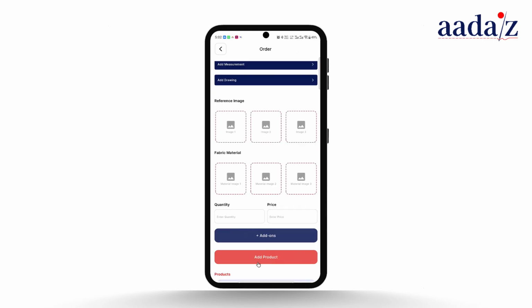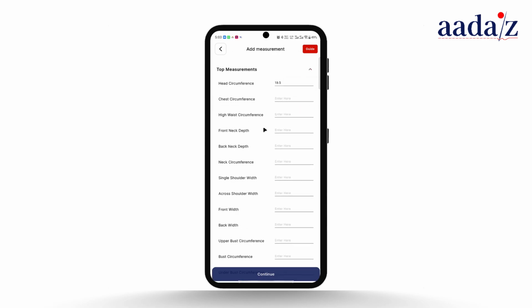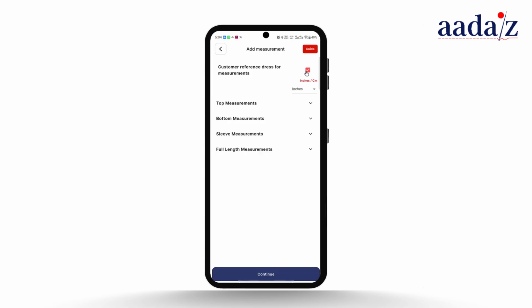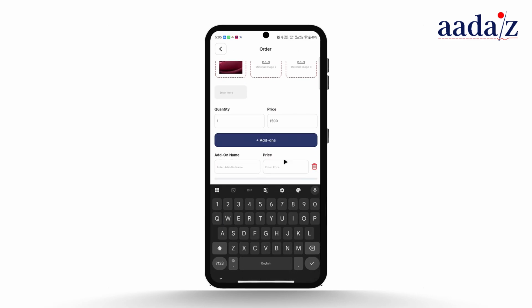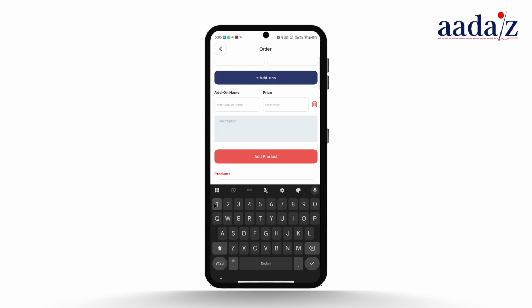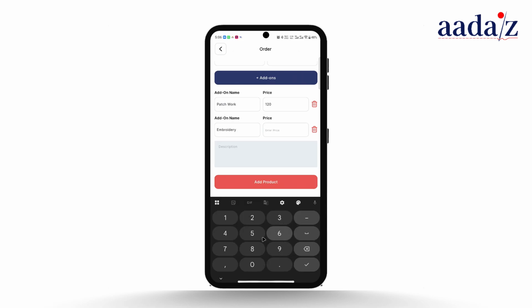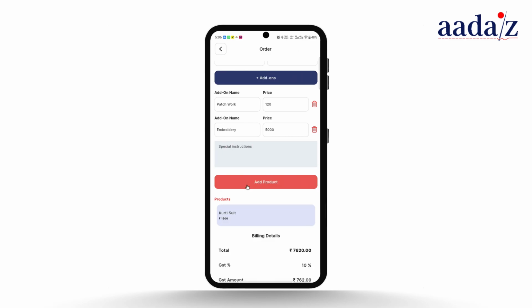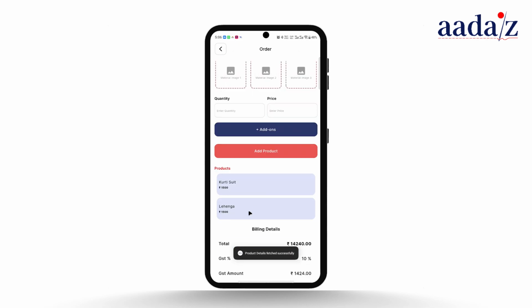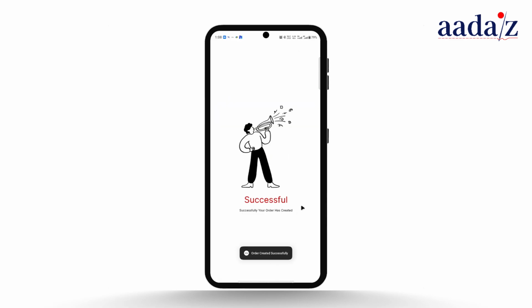To add another product, simply repeat the same process. Finally, click Create Order. Your order will be created successfully.